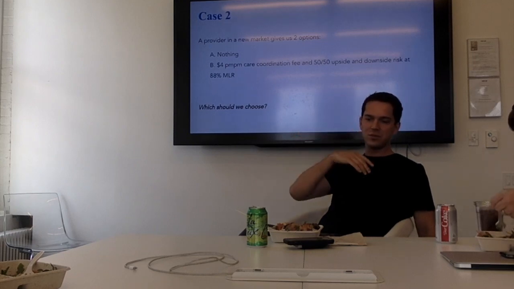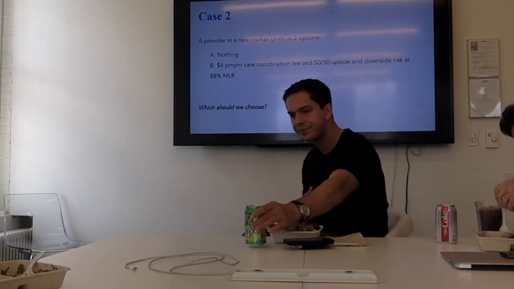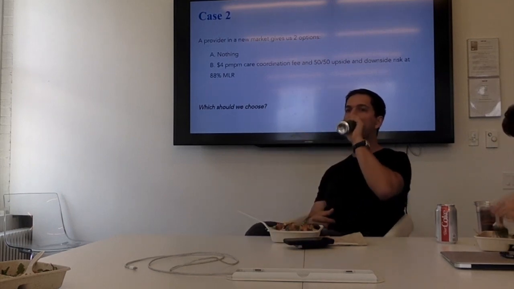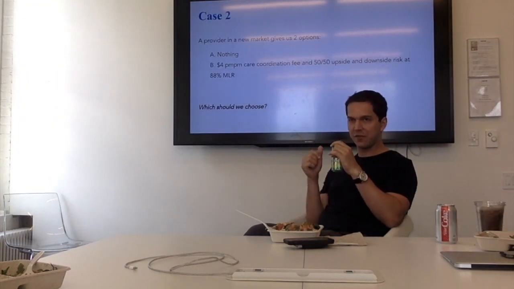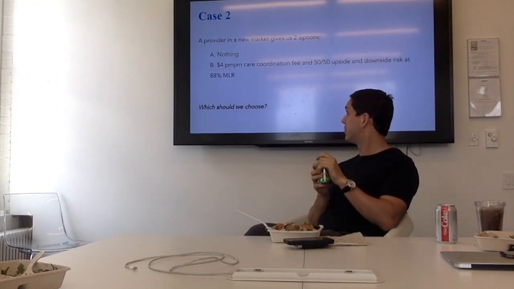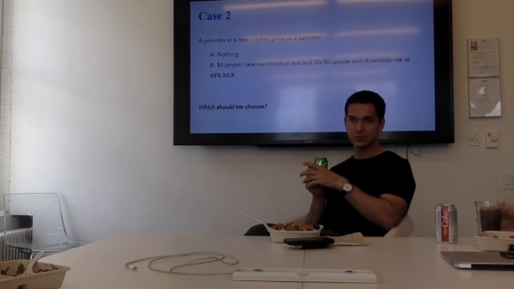All right, Coral. In San Antonio, for example, B is going to turn out to be a really great option for us. But to your point on expected value, what does that 88% really mean? It can mean different things. What do you have to think for B to be in our best interest? What do we have to believe? That we will hit an MLR higher than 88%. What if it's 88? What if it's 89?